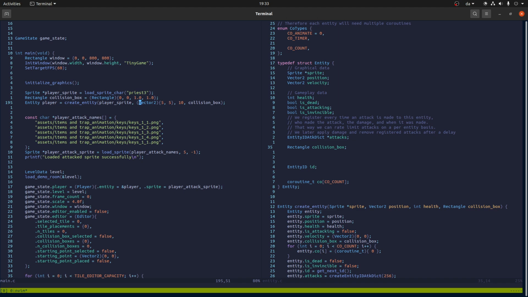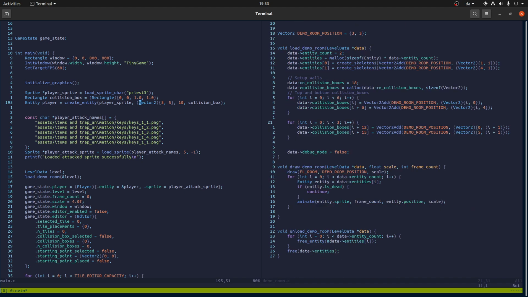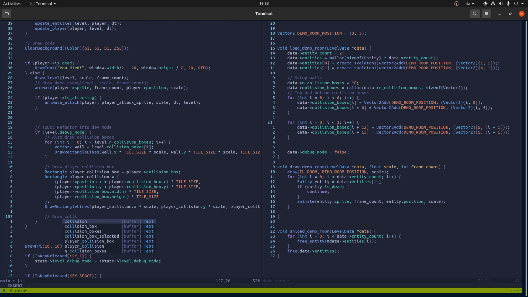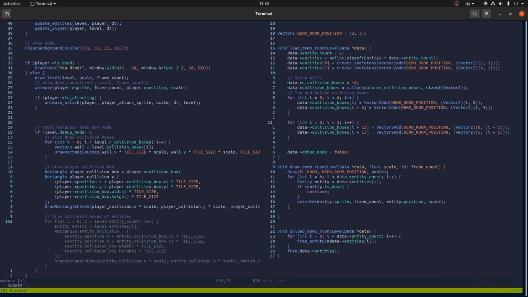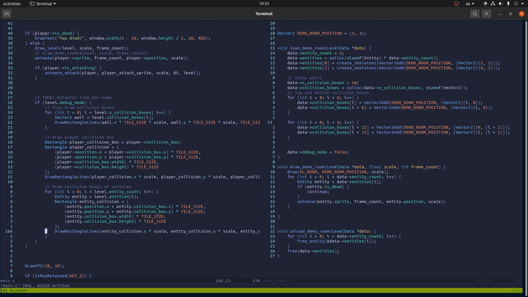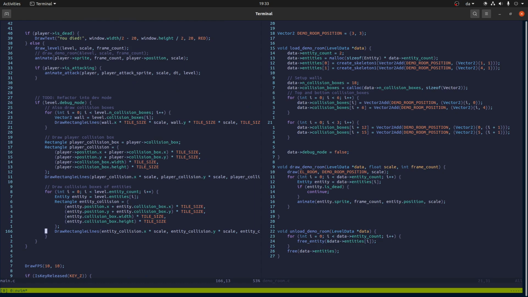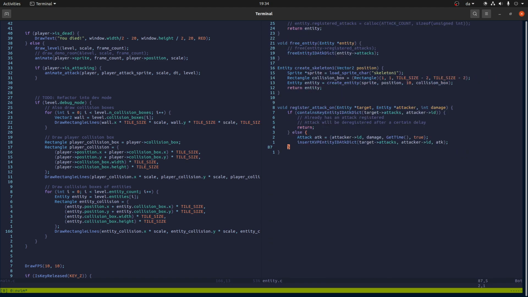And now in the demo room, actually let's add that we also draw collision boxes of entities. So there we go. And you can see those collision boxes are completely crazy. So we need to go into create skeleton,